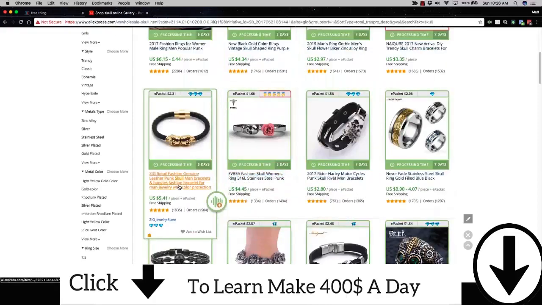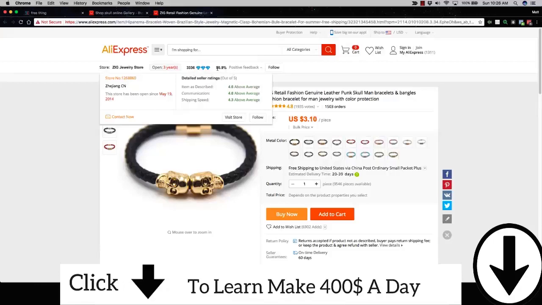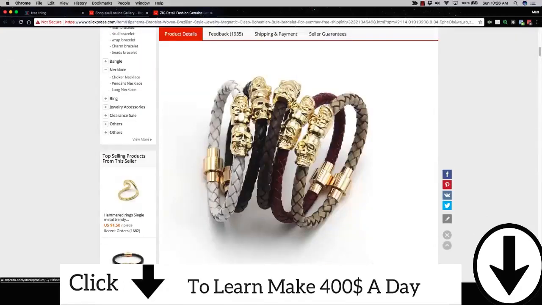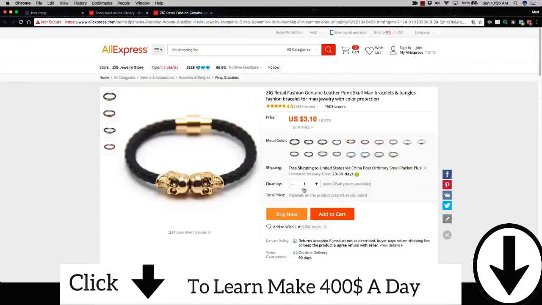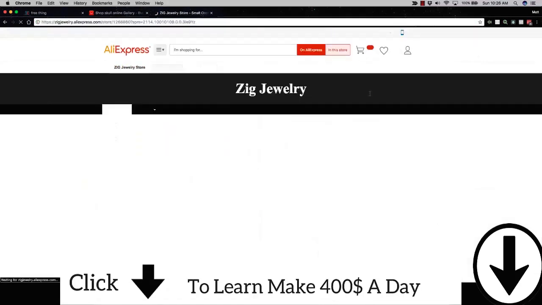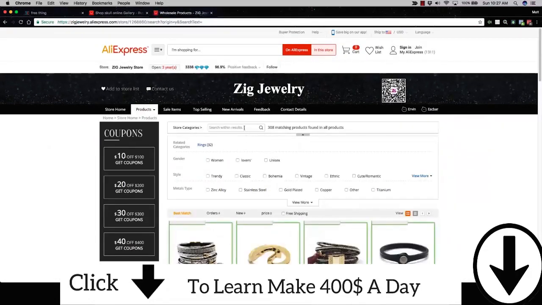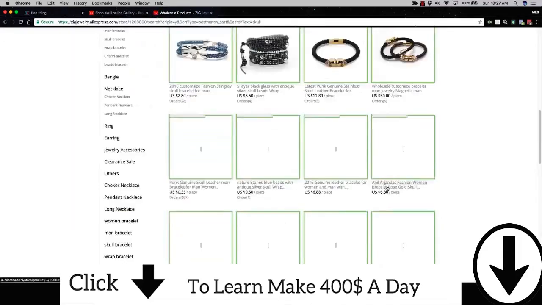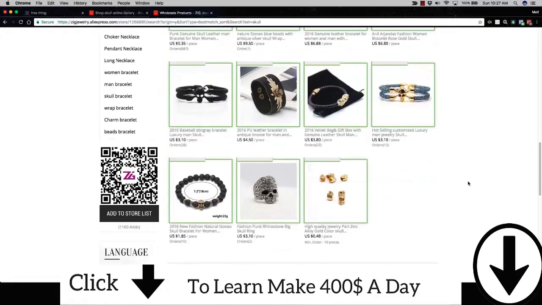Let's see this bracelet here. I know these things sell though. I've seen people selling these all the time. Store 3 stars, cutting it kind of close. And let's take a look and see if we can get to the reviews on this one. Again, unfortunately, the reviews are not working for me today. I got the camera rolling, so why would they? Let's check out this dude's store and see what he's got here. Search for skull. Okay. So it looks like he mainly deals in those skull bracelets, which could work, but